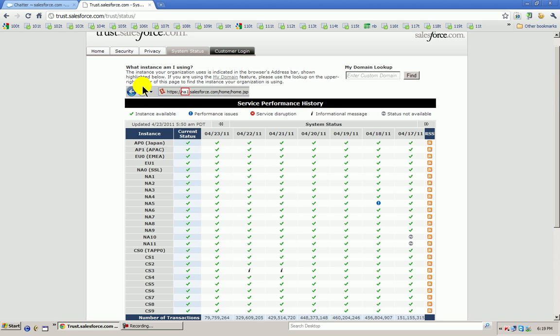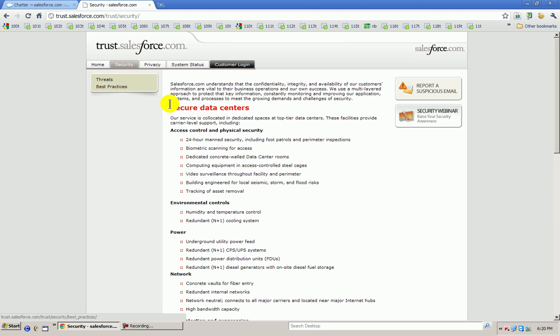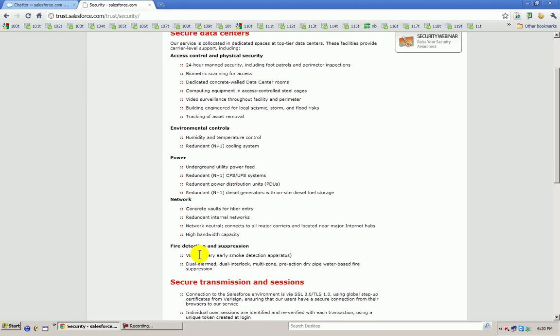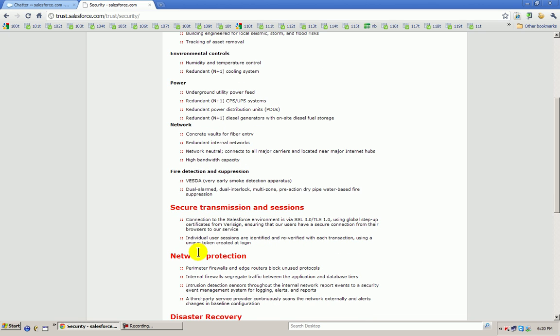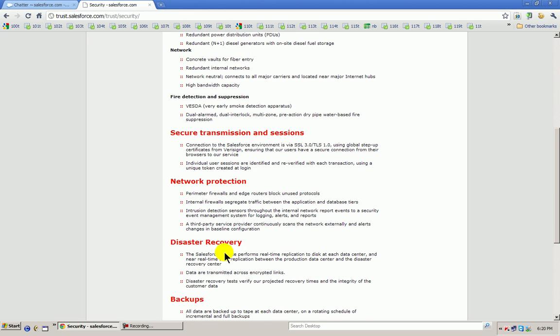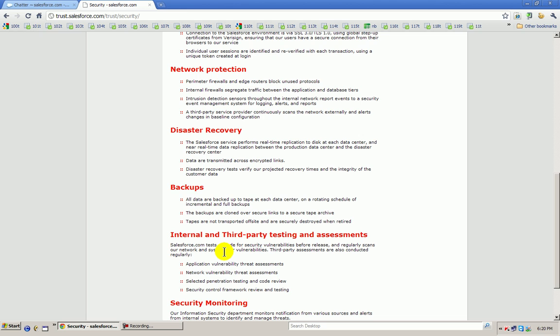On the same website you can go to security and check what kind of security measures they have, like data access control, environment control, power, network security, network protection, disaster recovery, backups. Now I'll tell you the maximum revenue Salesforce generates is from Japan.